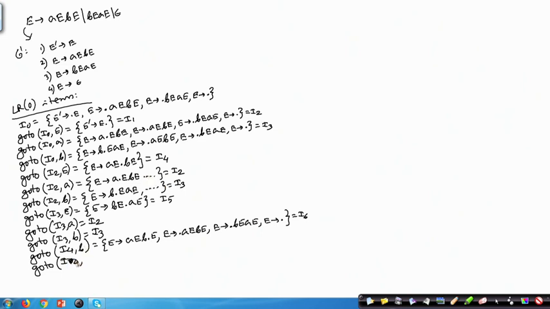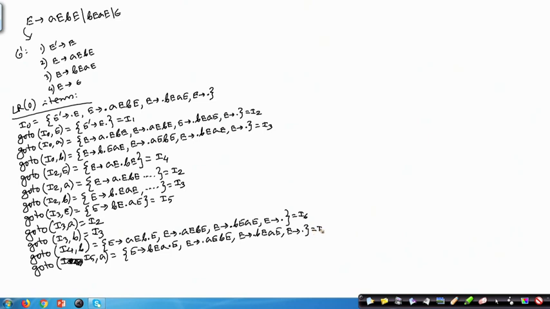Then I5, go to I5 A. Go to I5 A will give us E producing B E A dot E, and then since this dot E is coming, all these rules will again come: A E B E, E producing dot B E A E, and E producing dot.